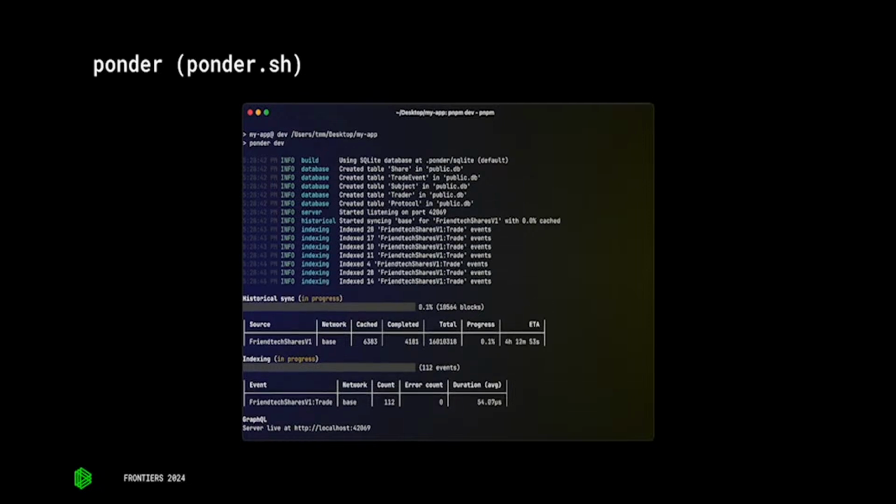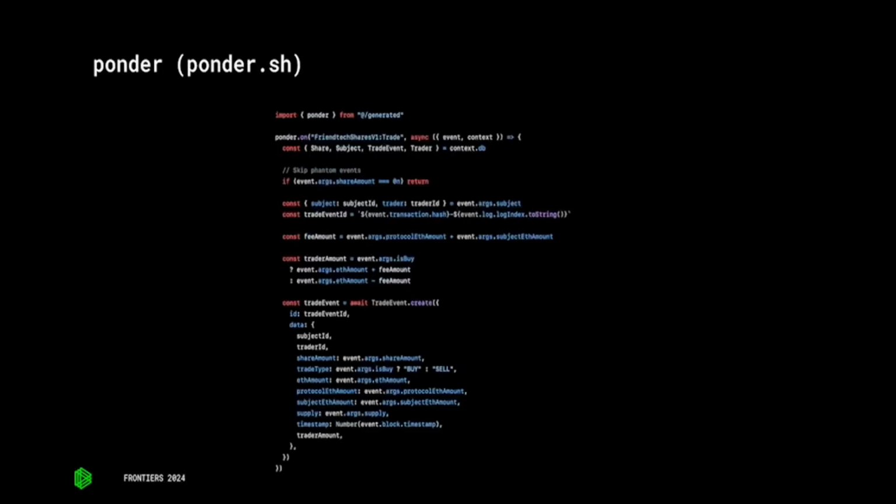You can just sync up and index a bunch of data, and then there's a couple options. Either you can query that data directly via API functions that they have set up, or you can listen to new events as they come through, and have some custom logic. Maybe you send out a notification to a different service. Here we're just saving it to a database, which you can reference later. This is all, I think, friend tech related stuff.